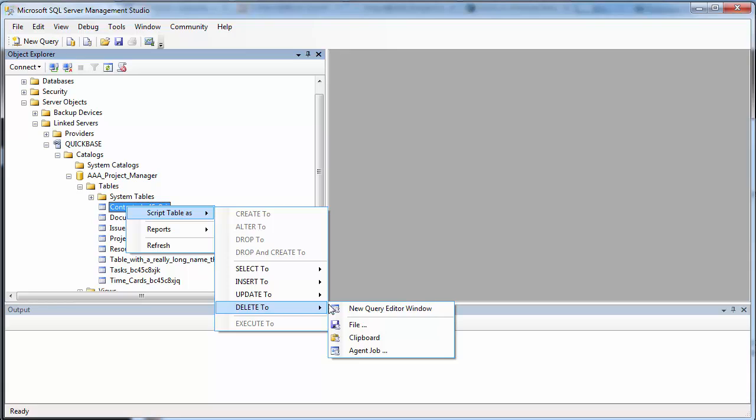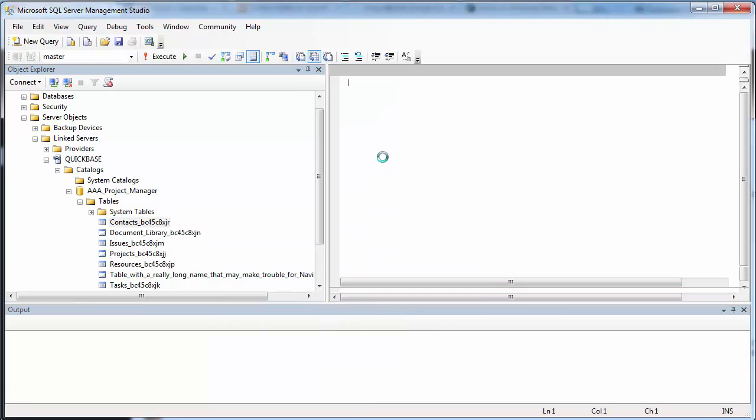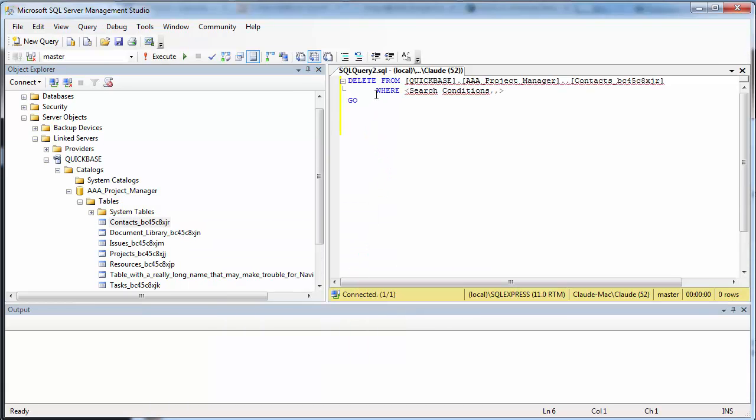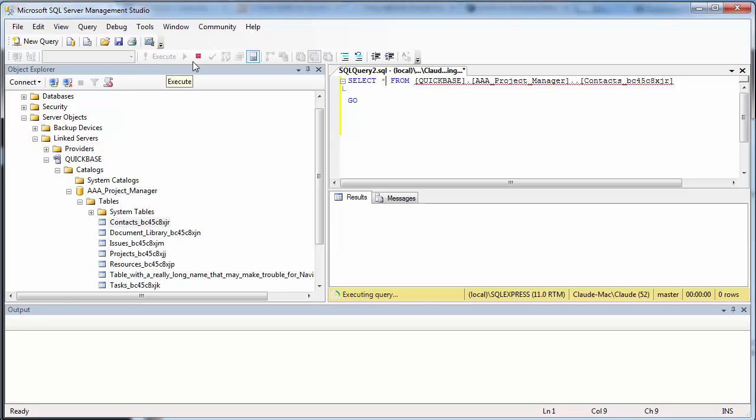and we'll use delete to new query window. And we get a nice delete statement here, a template of one. I'm going to delete the where clause. I'm going to replace delete with select, and then I'm going to add the asterisk to get all columns. And this is a very useful thing to do because it shows you right away what all the columns are